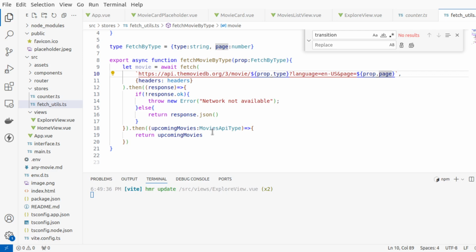And we already have our headers here, so everything is set for that. That's one function. We have another function we're going to export as well. But basically that's how it is, and that's straightforward. So another function we're going to do in the next video is fetchMovieByID. And we need that so that fetchMovieByID. So export